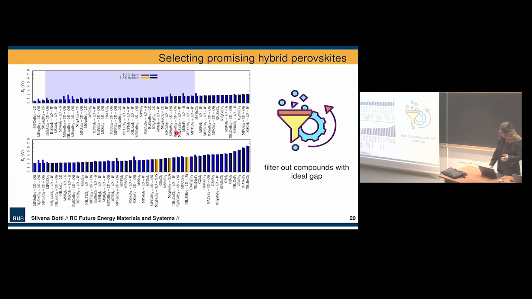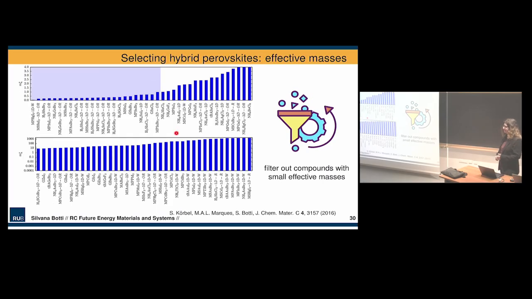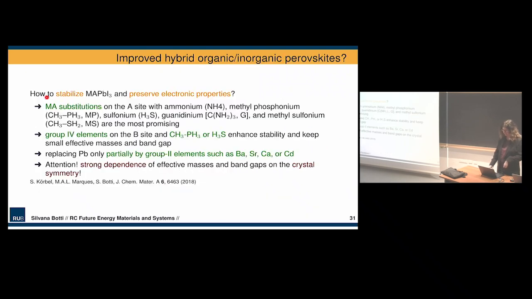And actually, in conclusion, it's not so easy to stabilize. And I mean, the solutions that we have with lead are probably still the best that are available. But yeah, so we looked at the whole and also at electron effective masses, and always screened out systems with, for example, small effective masses that could be more interesting for further, more accurate studies. So each one of the studies led to some conclusions on this specific class of materials, and at the same time to new data that could be added to the database, and all this contributed to building